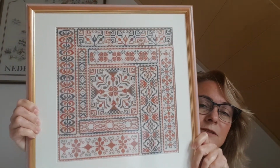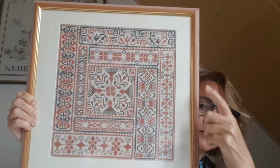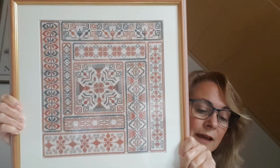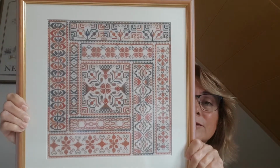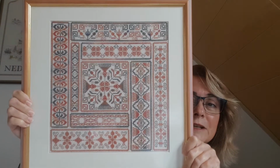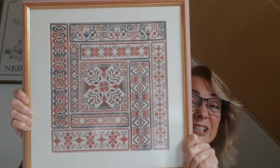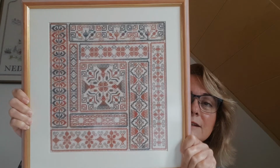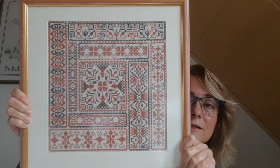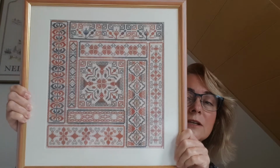I don't know which side it was when I first collected it 3 or 4 weeks ago, but one of the sides was completely bent in. It was just not very pretty at all, and I asked her to take a look at it and redo it. And yeah, she wasn't too pleased at first, but she kind of got the message that it wasn't really professionally done. And she said she'd try, and then she called me up about 10 days later, and she said she thought she'd finally done it, and she told me she'd learned a lot about